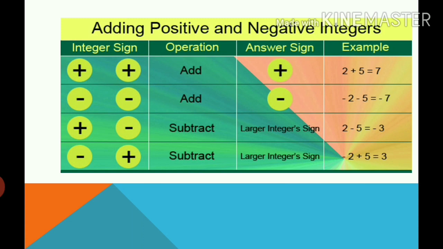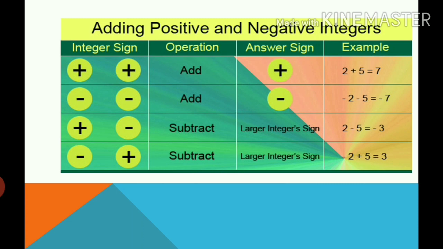Now here you can see that when you multiply plus and minus, you will get subtraction. It means that you will do the operation of subtraction. Plus minus is minus and minus is subtraction. You will subtract plus 2 and minus 5. So you have to subtract the smaller number from the bigger number. You will subtract 2 from 5 and you will get 3. Remember that at the end you have to write the sign of the bigger number. So the bigger number is 5 and with 5 it is a minus sign. So you will put a minus sign with 3. So minus 3 is the answer.